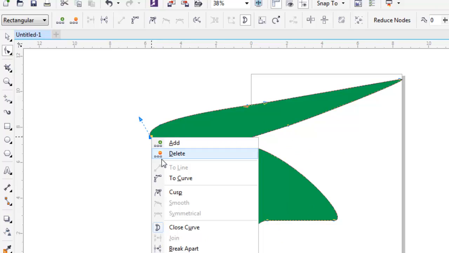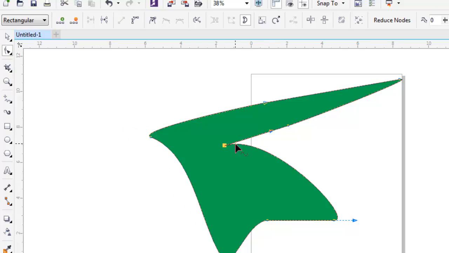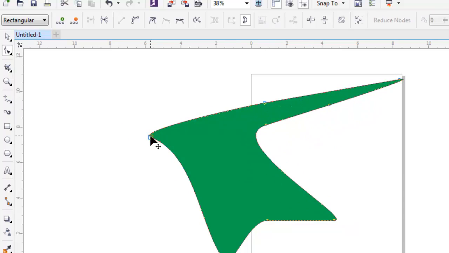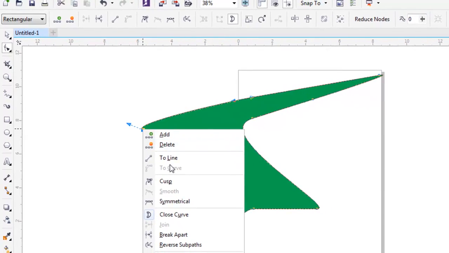If I click this one, I can convert this to curve by right click. So you will see now it will have more options for you. You can more efficiently change the position of a specific point. And you can again right click and delete this point, add this point, or add